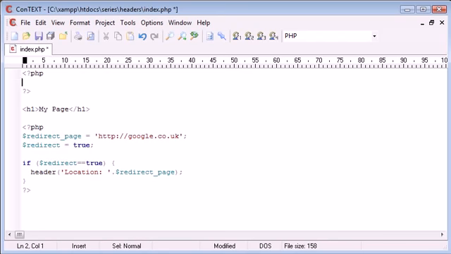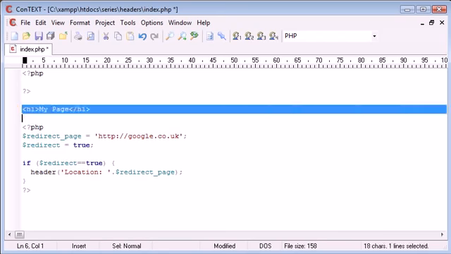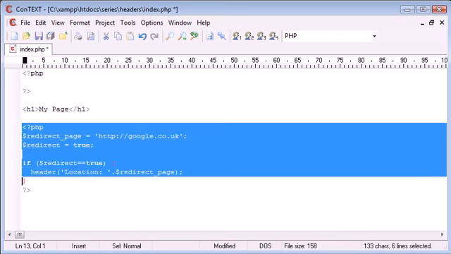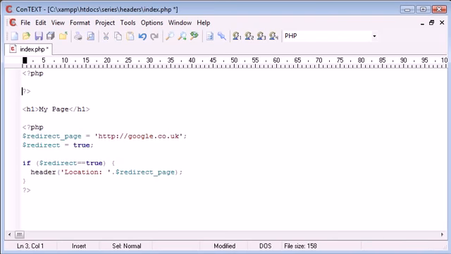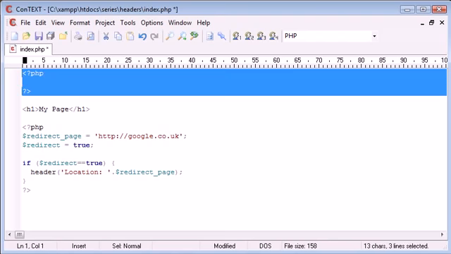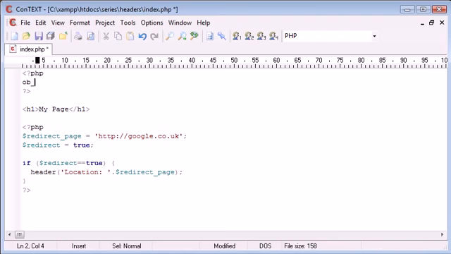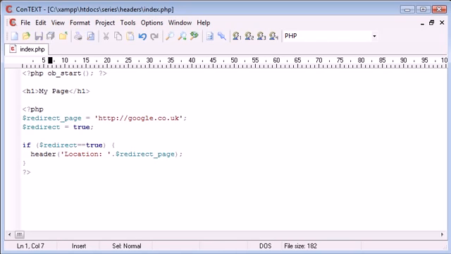So I'm going to create some PHP tags up here before my output and also before the code that uses the header. So this is going at the very top of my page before any output, and we use ob_start, just called simply on its own with no arguments supplied. You can also pull this up a bit so it looks a bit neater, so it's all on one line. Okay, so ob_start will not output anything on the page. Well, it will, but the page output will be stored in an internal buffer rather than